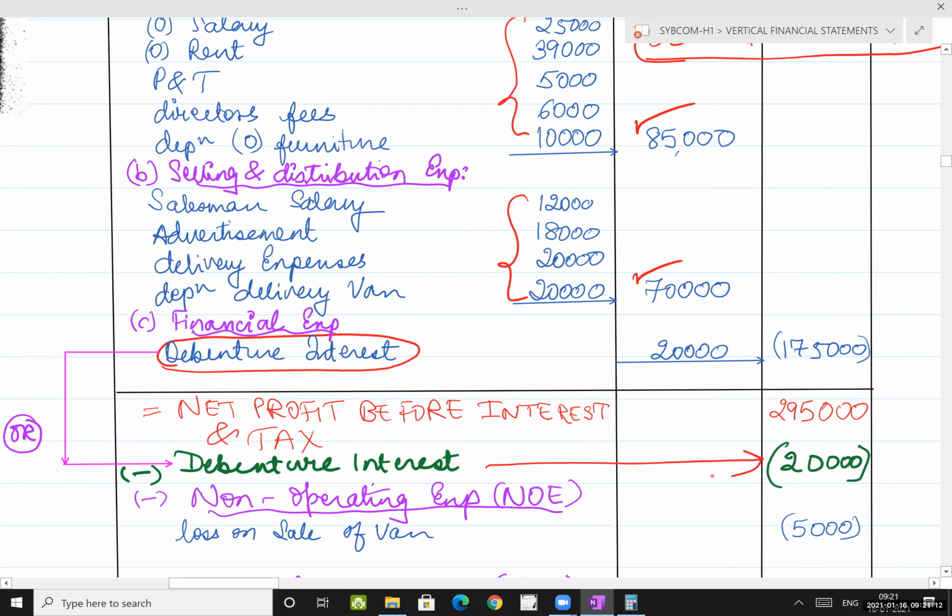Okay, since it's the first sum, so I've shown you both. वरना आगे मैं जब सम करूँगी तो मैं डिबेंचर इंटरेस्ट को नेट प्रॉफिट बिफोर इंटरेस्ट एंड टैक्सेस के बाद लूँगी, बट बिफोर नेट और नॉन ऑपरेटिंग एक्सपेंस. ठीक है,